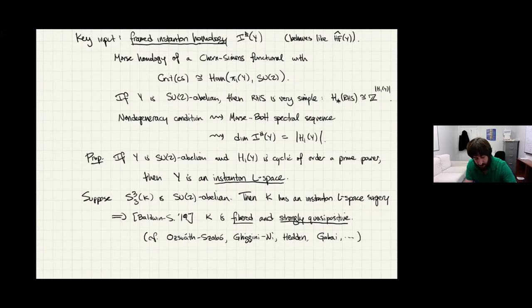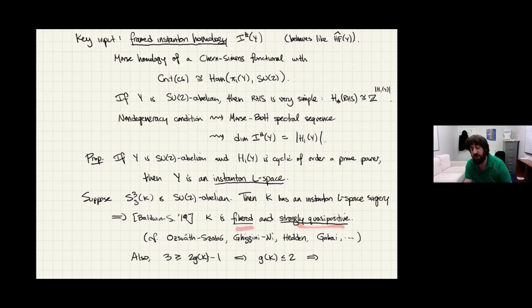Moreover, we know that the slope of any L space surgery has to be at least twice the genus minus 1. This is just a general fact about L space surgeries. And so that says that the genus of K has to be at most 2. And what are the genus 1 L space knots? Well, there's only one that's fibered and strongly quasi-positive of genus 1. It's the right-handed trefoil. So we rule that out very quickly, and we find that a knot like this has